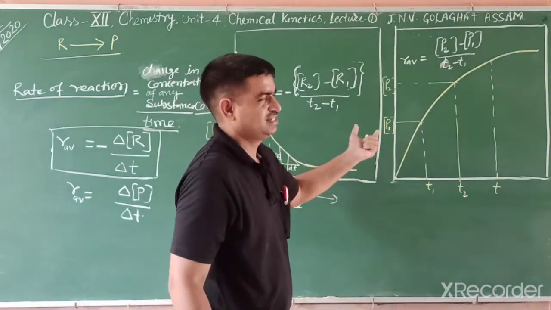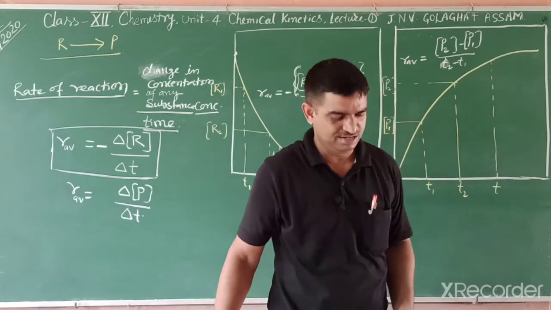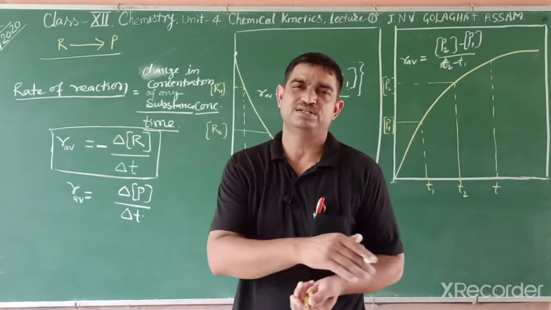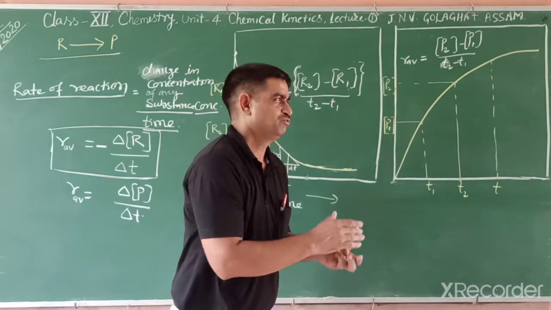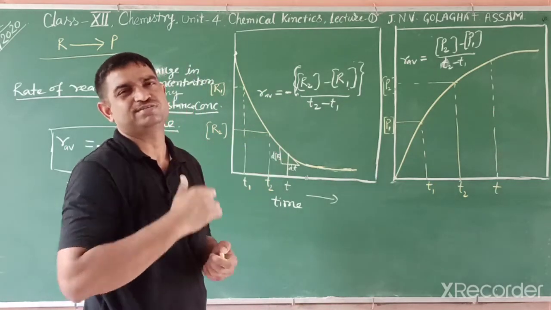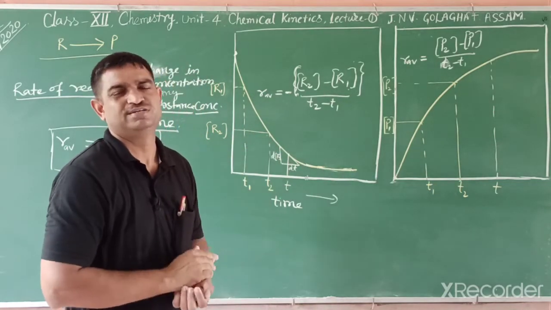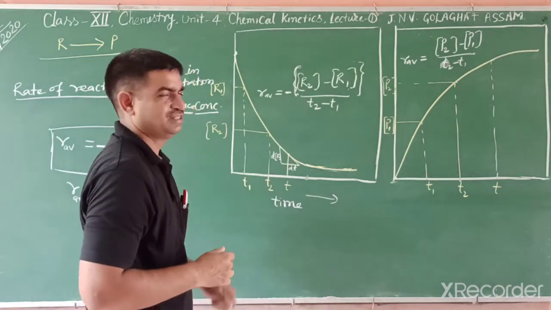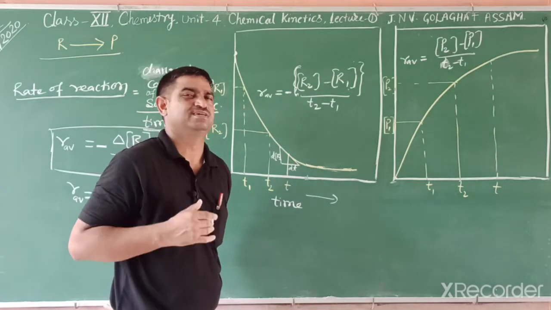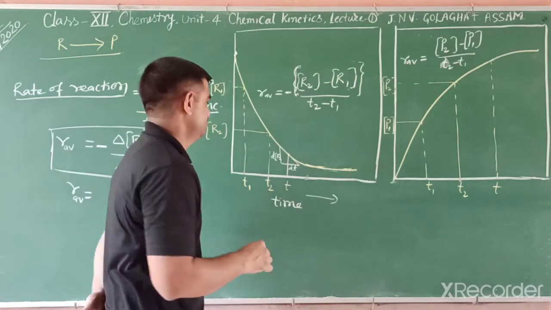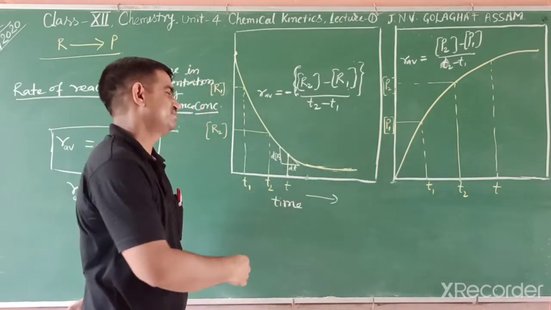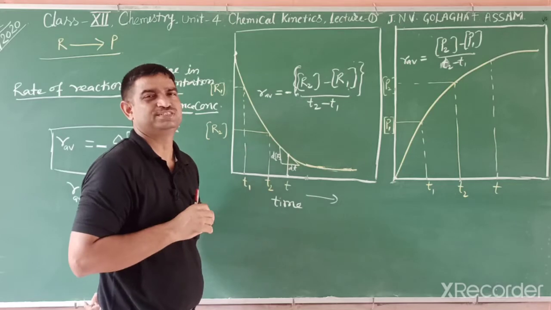So for either reactant or product, we can identify the speed of reaction. But at a particular point, what is the speed of that reaction? For example, a car moves on a highway. At a particular point, what is the speed? We can easily observe it by the speedometer. But in a reaction, how can we identify it? That rate is the instantaneous rate. At a particular point means we want to find the rate of reaction at, say, 10 minutes, 20 minutes, or 25 minutes.